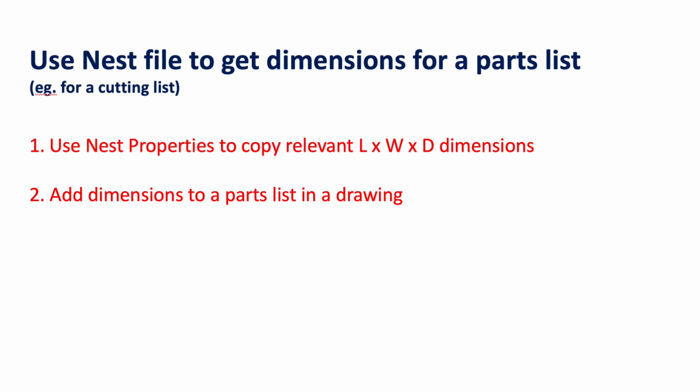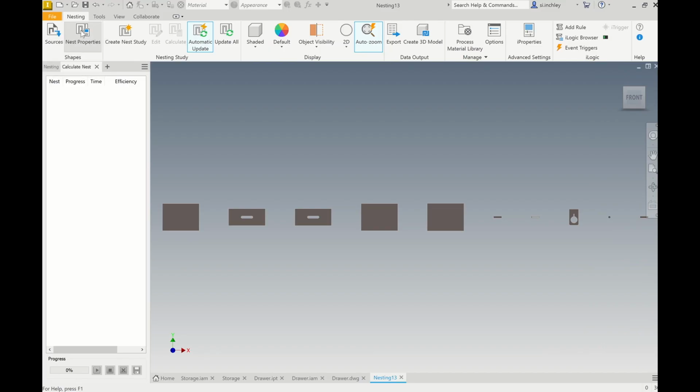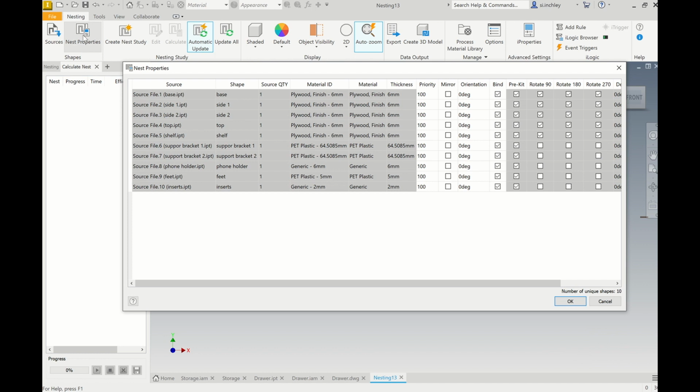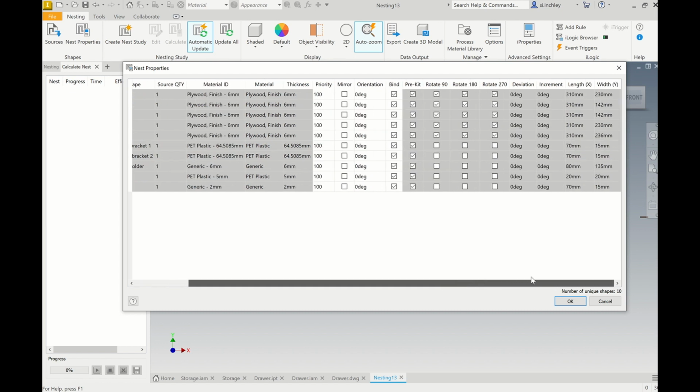In this video, I'm going to show you how to use the Nest file you've created to get the dimensions to be able to copy them across to a parts list which you would have created in a drawing. We're going to look at the nest properties. Now, this is quite nice to look at because under here, if you scroll across, you'll see